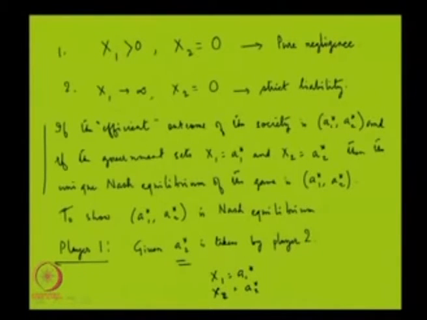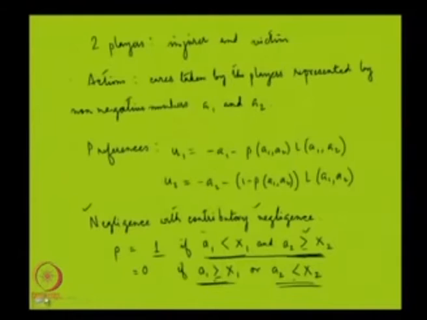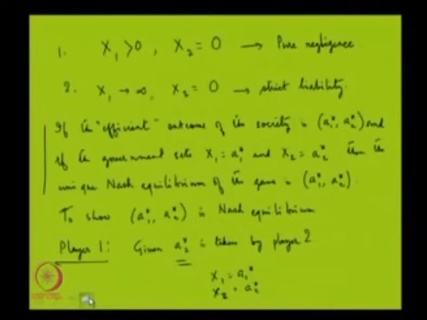If he takes any action which is greater than or equal to A1 star, then he does not need to pay anything, because this condition will then be satisfied. If he takes an action less than A1 star, then this becomes operative, and therefore, he will have to pay the entire compensation. So, this is equal to minus A1